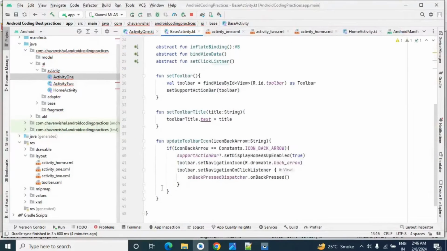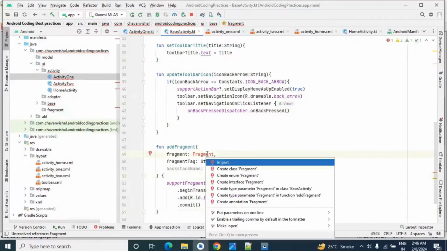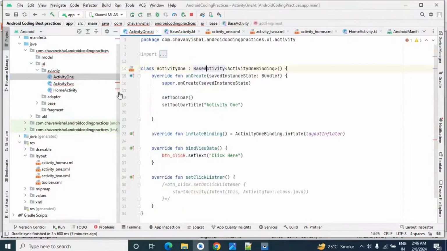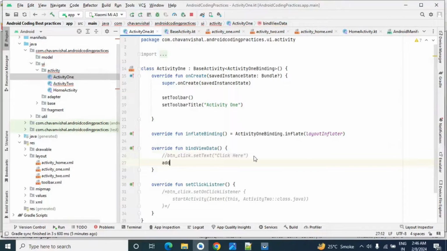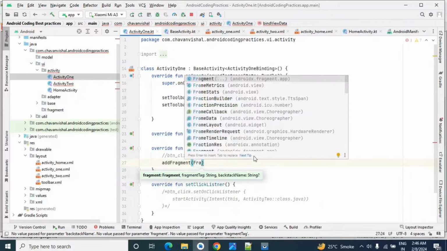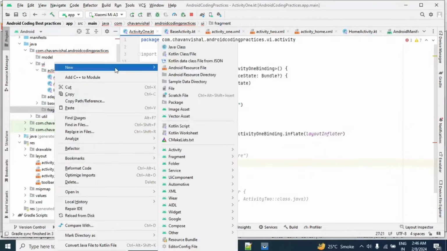So this is our base activity. Here I'll add this add fragment method. Okay, now let's go to fragment 1. Here I'll just comment it out, and here I'll add fragment, and then I'll pass fragment. Okay, right now we don't have fragment, so what we will do, we will create two fragment